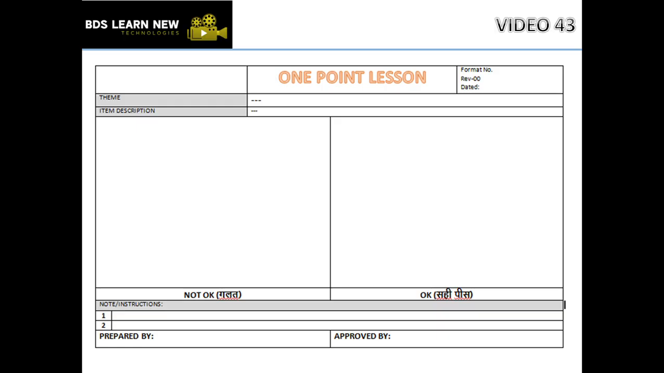And this is the format for the one point lesson. Now what is a one point lesson? In a short way, it is just like what is not okay and what is okay. We have to show the two things, like if it is not okay, then what should be okay, right? With notes and instructions. So this will give an idea of what is acceptable and what is not acceptable. So these are the basic red bin analysis related